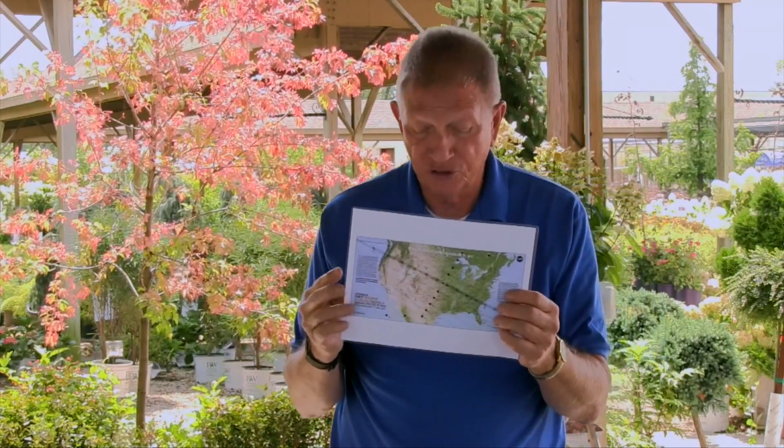eclipses happen on a fairly regular basis, but we only see them in this area very infrequently. I think the next one is going to be something like 97 years from now. About on the 21st, between 1 and 2:30 in the afternoon, there will be roughly an 80 to 90% eclipse of the sun. The sidelight of this is interesting, that pets may get confused, not knowing whether it's night or